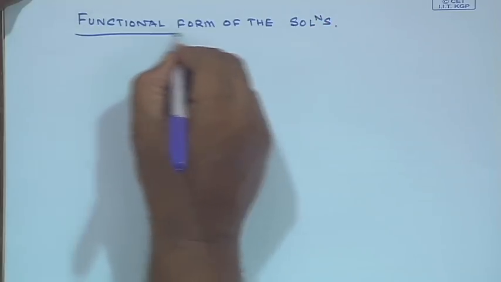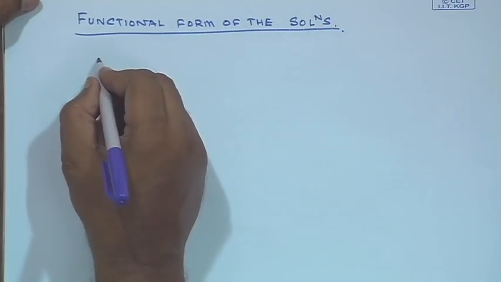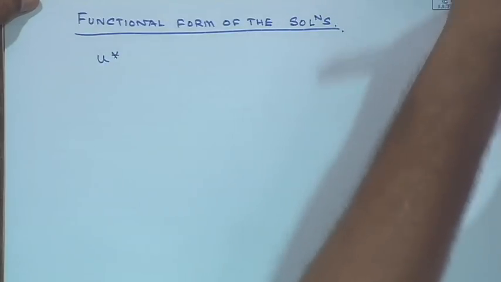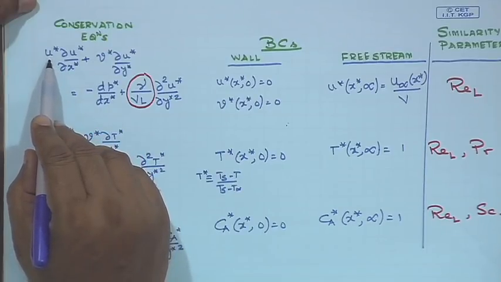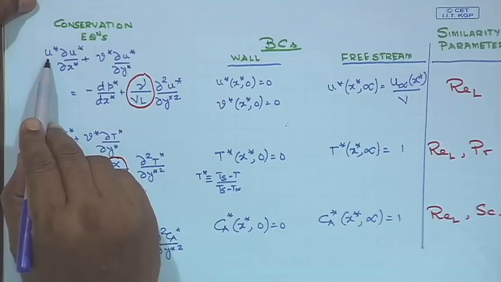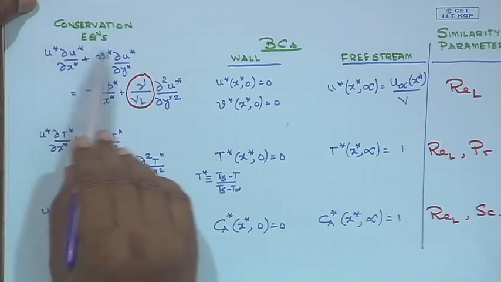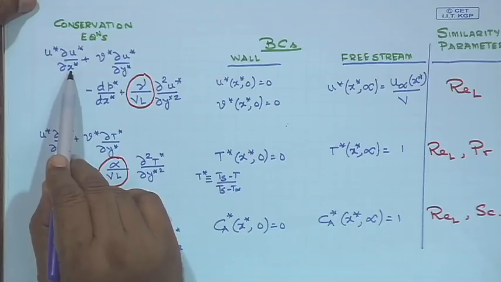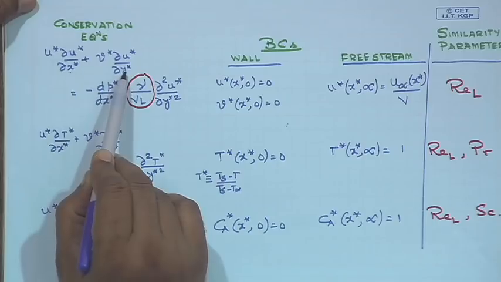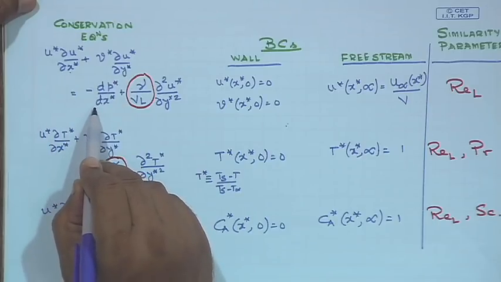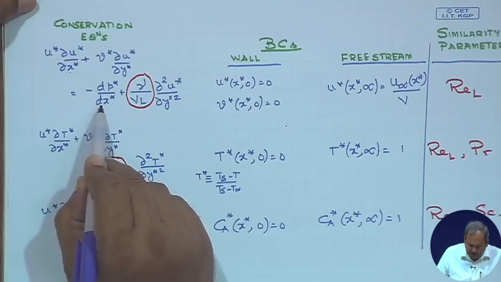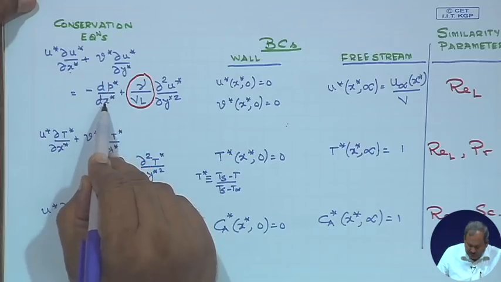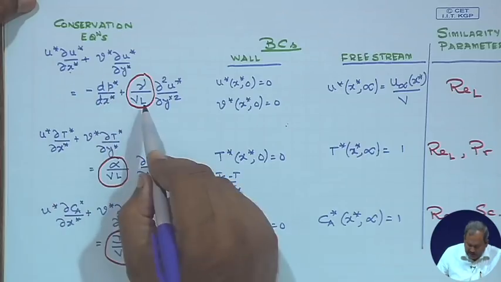We are not going to actually solve them, but we are going to look at the functional form of the solution. So if you see the first equation, if I could solve for u star, what would u star be a function of? If you see this equation, u star would definitely be a function of the independent variables, which are x star and y star. It is also going to be a function of what kind of pressure gradient you have in the system. So u star is going to be a function of the pressure gradient dp star dx star,